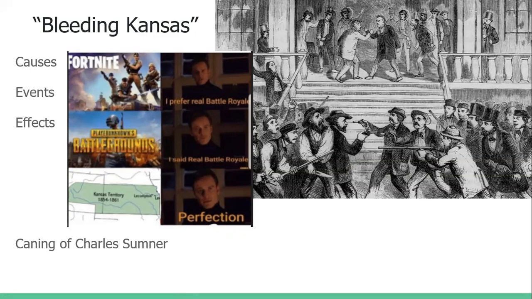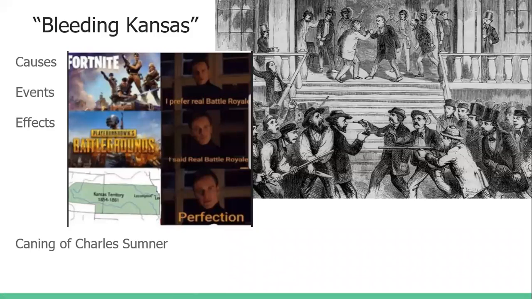Think of it as like a large-scale gang war, where you've got people raiding from Nebraska down into Kansas and attacking people. Like at one point, a town was actually getting bombarded with a cannon. And this incident, where quite a few people died from all the fighting, would basically further strain the relations between the North and the South, and basically was a precursor to the Civil War actually getting started. Some people would actually argue this was the beginning of the Civil War.